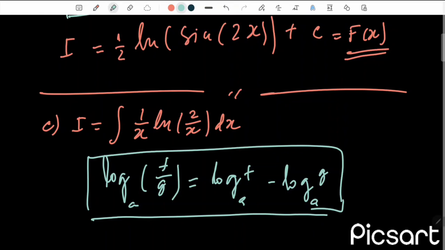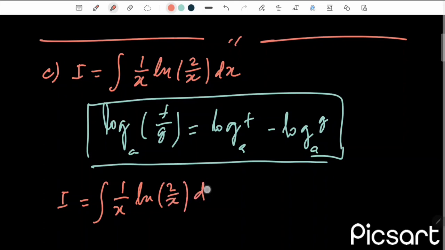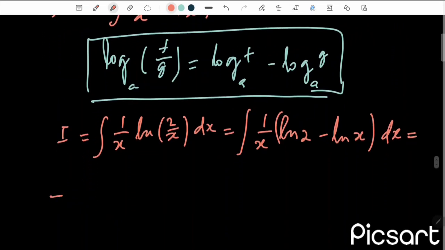We must remember these properties of logarithms. And from here, we can write the integral of 1 over x of ln of 2 over x d of x as the integral of 1 over x times ln of 2 minus ln of x d of x,